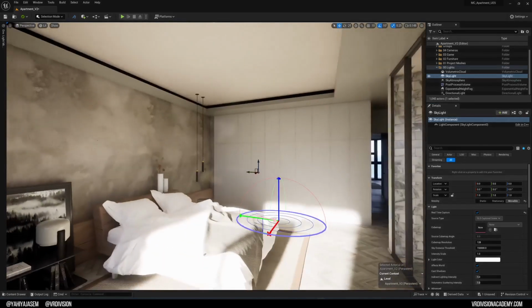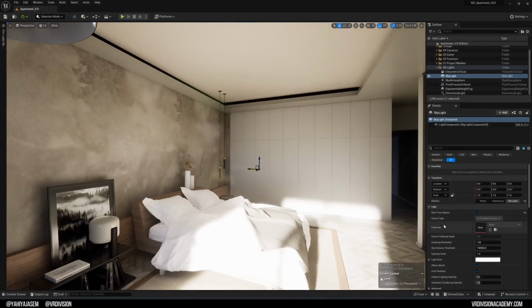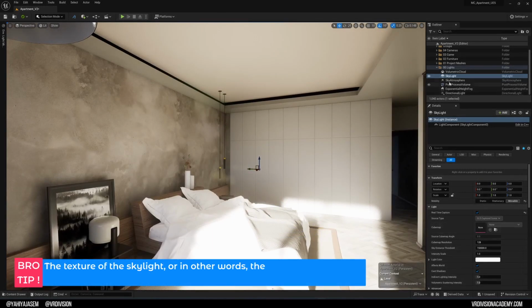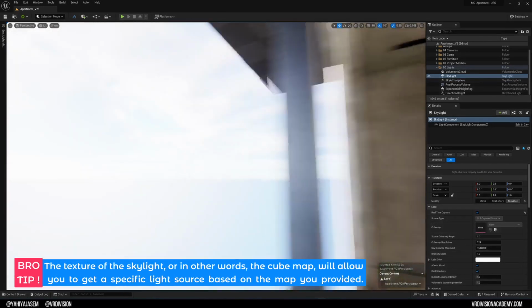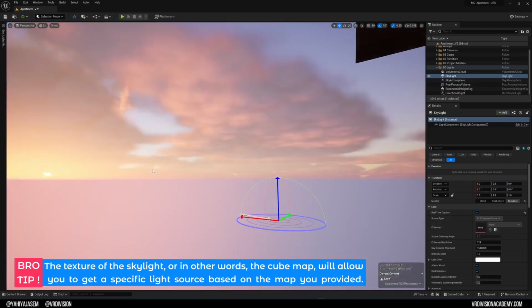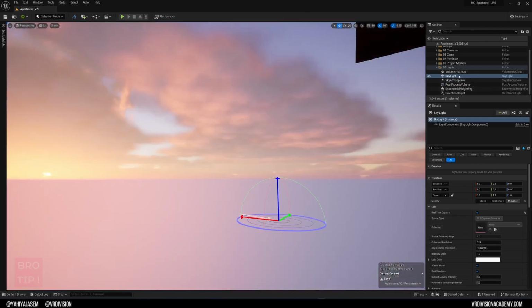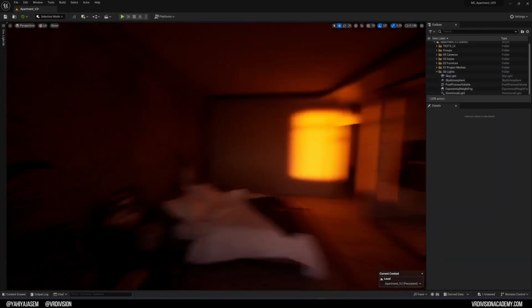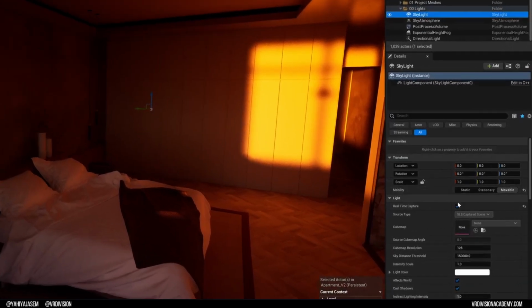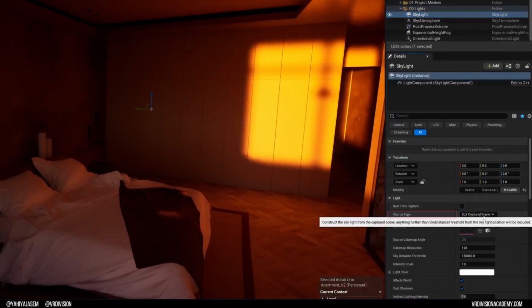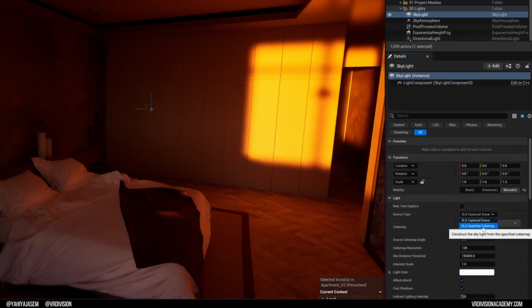Okay. Next to that, we have also the ability to change the texture of the SkyLight. Right now, there is no texture. It's being created in real time, which is the sun and the cloud and stuff. And let's delete the clouds. We don't want them for now, so we can get better lighting. You can disable real-time capture and change the source type from the scene, from the project, to a specific cube